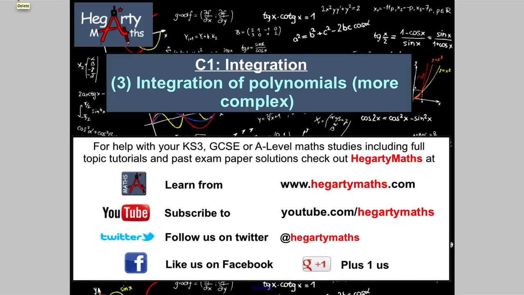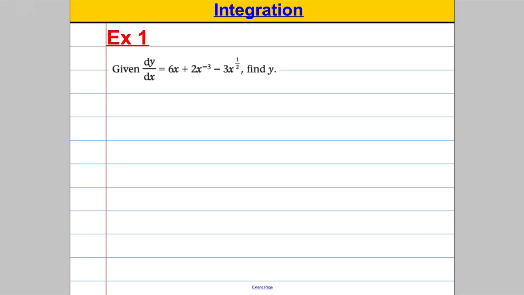In this video we're going to continue integrating polynomials, and I'm just going to do it for you in two more slightly complicated cases, but exactly the same applies as video 2. So imagine we have this example. Given dy by dx, the gradient function, is 6x plus 2x to the negative 3 subtract 3x to the half,